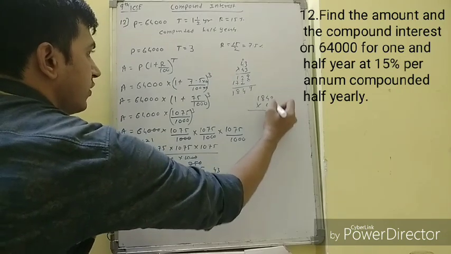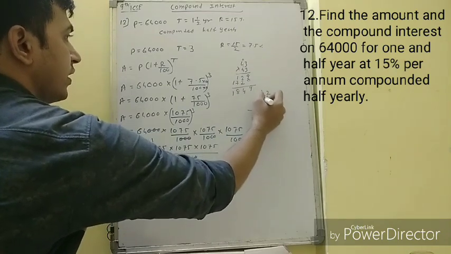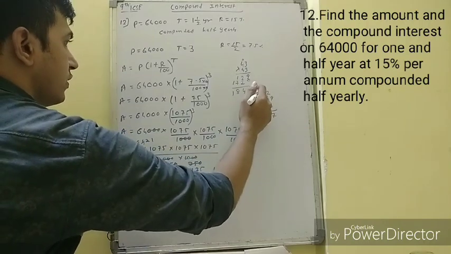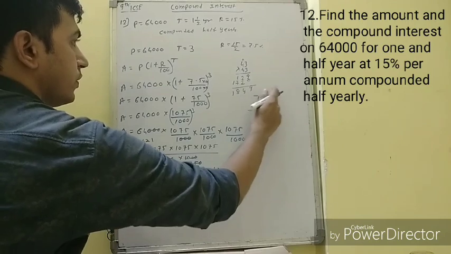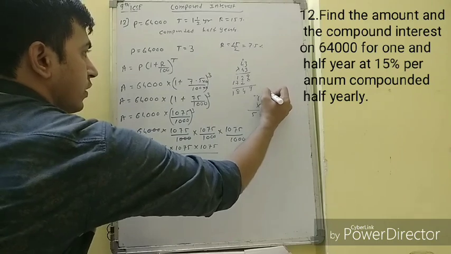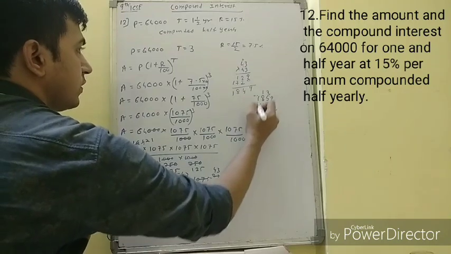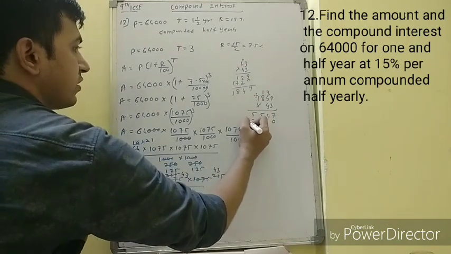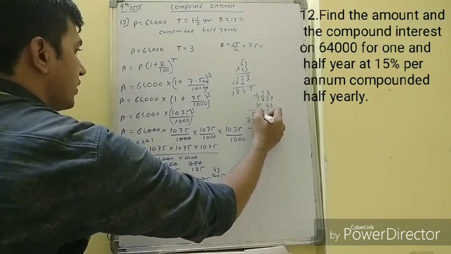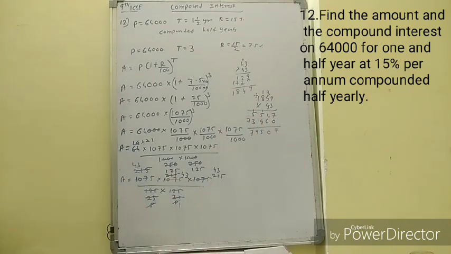So 9 3s are 27, 2 carry, 4 3s are 12, 13 14, 8 3s are 24 plus 1 25, 3 1s are 3, 4 5. Okay, so we have 0. 9 4s are 36, 3 4 for the 16, 17 18 19, 8 4s are 32 plus 1 33, 4 1s are 4, 5 6 7, 8 8 9 10 plus 1 15, 8 9 7 9 5 0.